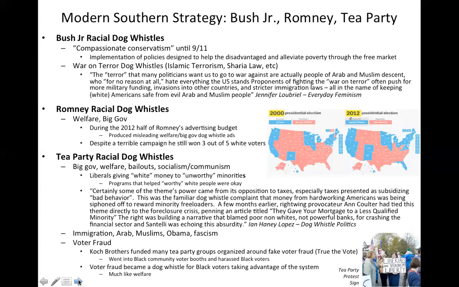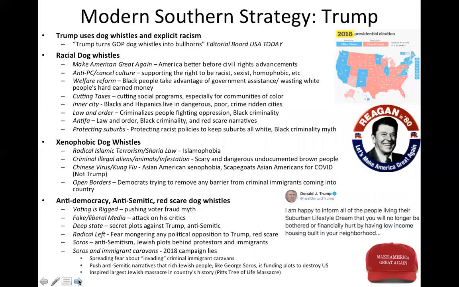Or at least it was until Obama, and then it starts picking up again for sure. And that's when we get to Trump. And it's really important to understand because Trump is so explicit, because he has no problem being explicitly racist. He relaunched the campaign calling Mexican immigrants rapists and drug dealers, and that's just one of many different explicit racist things